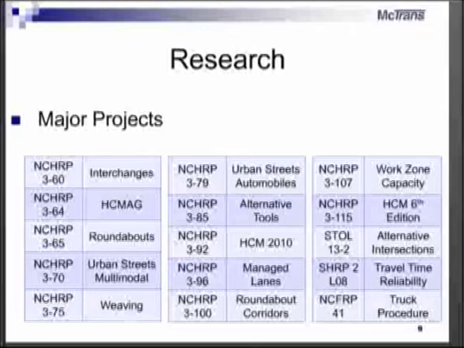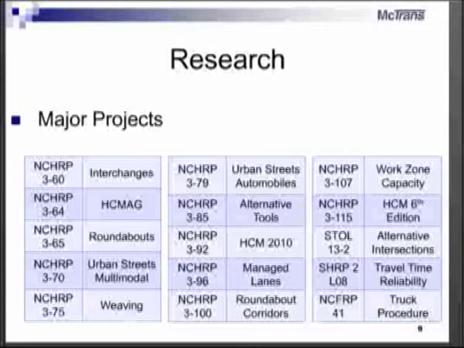Roundabouts. Before the 2010 manual, there was no roundabout procedure that was based on U.S. conditions, and we couldn't get delay or level of service even on the one we had. And so Lee Rodigers was the investigator here and developed a procedure, very impressive procedure, I think. It's simple and accurate, and